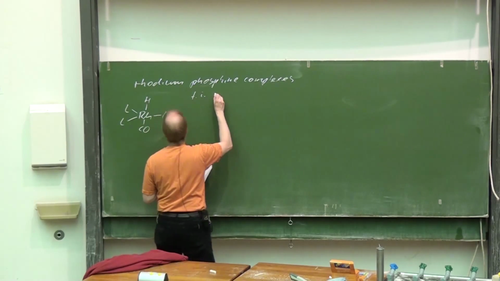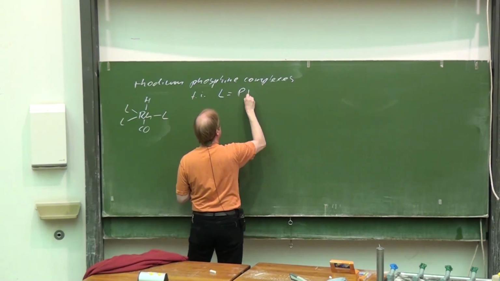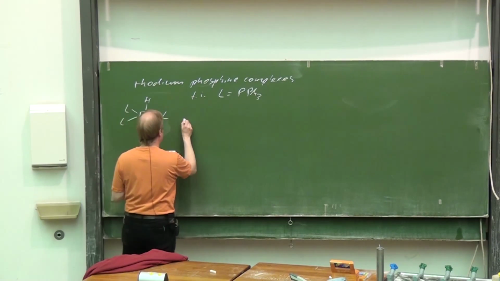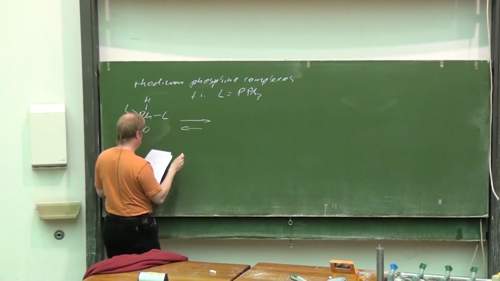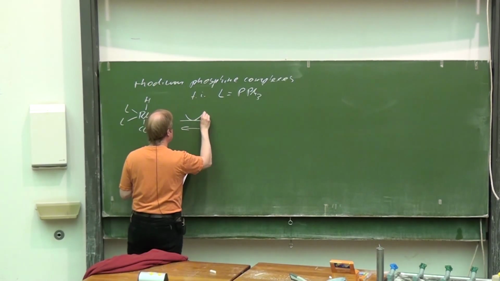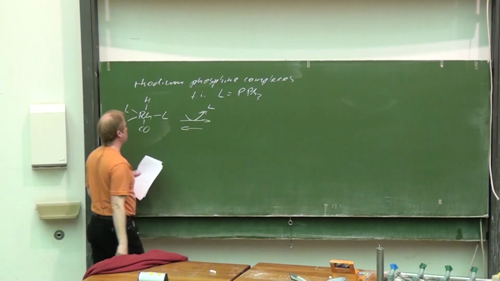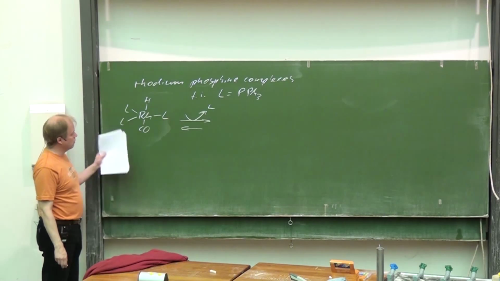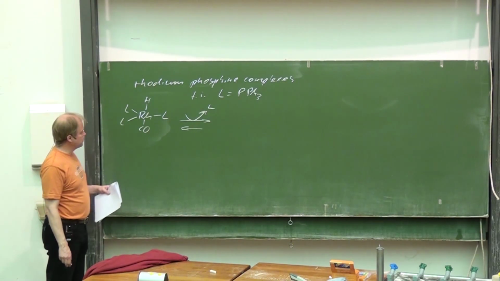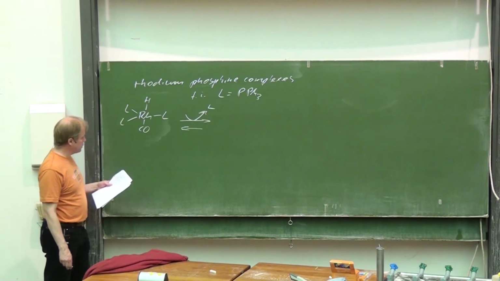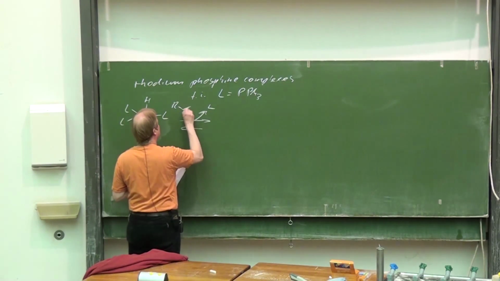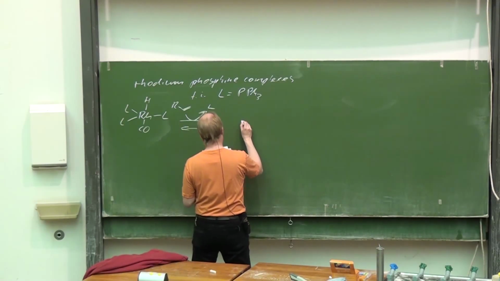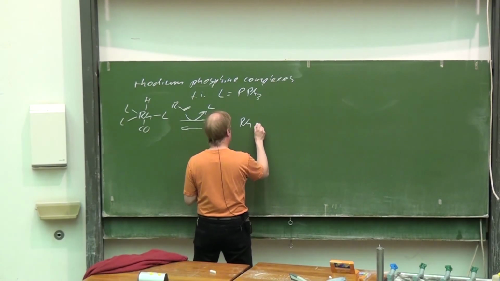So, for instance, L is triphenylphosphine. In equilibrium, one phosphine ligand is exchanged by an olefin, the olefinic substrate,